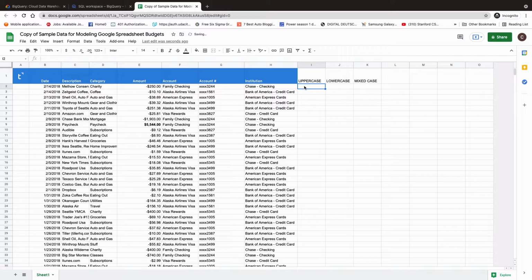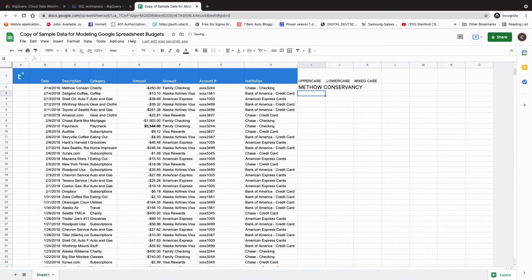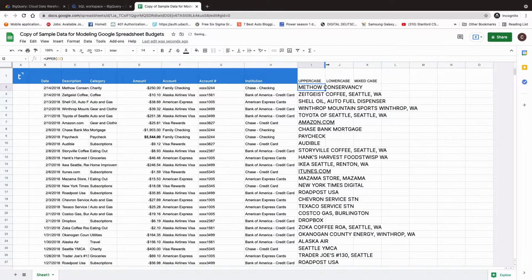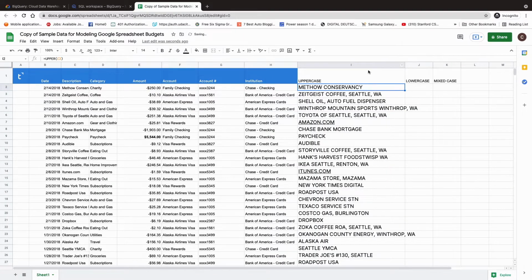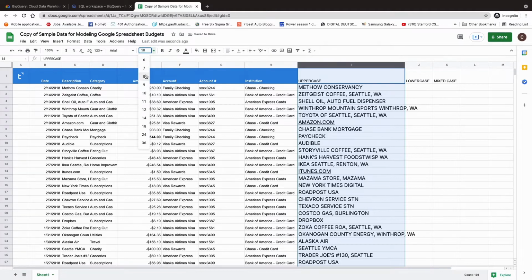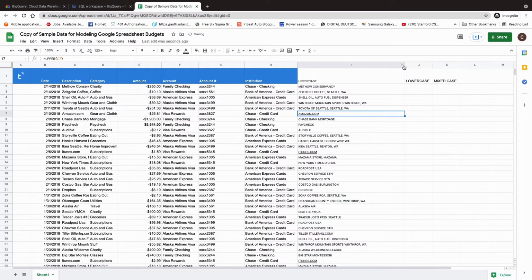So here, if we were to manipulate this column, we would put something like upper, and then put C2, right? Basically we can drag this down. So here you have all uppercase. So maybe we can even reduce this, right? In a similar fashion for lowercase, we will say lower,